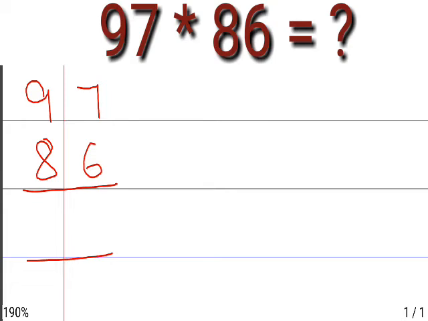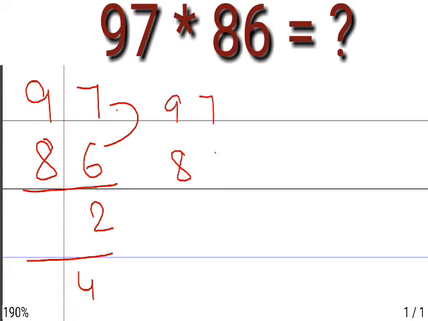But if you know addition, because in the second step we have to multiply the cross ones and add them, if these are done in a proper manner and you are expert in addition, then it will not be a difficulty for you at all. It will be done within a line. So what will be the first step? The first step is 7 multiplied by 6, that is 42. 2 is taken over here and 4 is carried away.